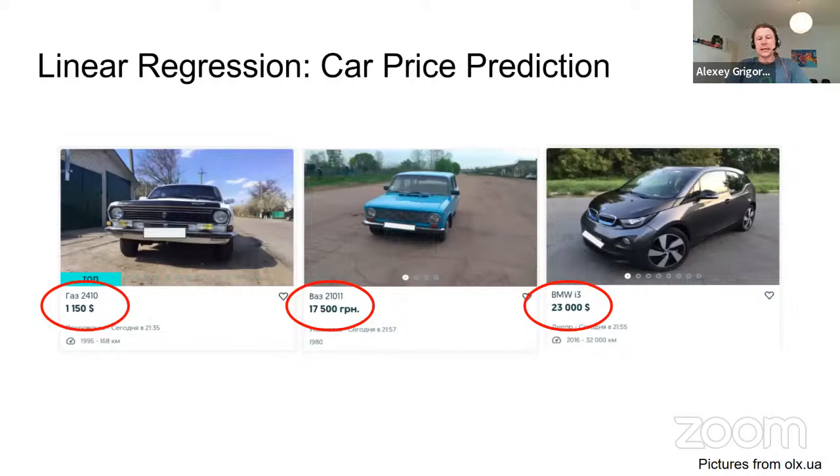And then in the second module, we will talk about regression. The regression problem is predicting a number. You have a set of what we call features, things that describe the items. And then for these items, we want to predict a number. In this particular case, we will work on a project for car price prediction. We'll have a bunch of cars, and our goal will be predicting the price for these cars.